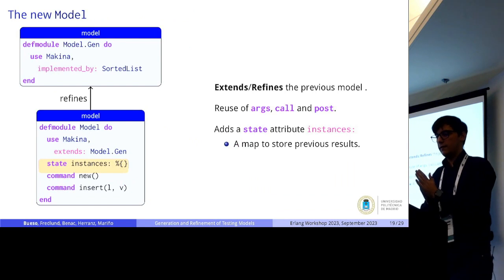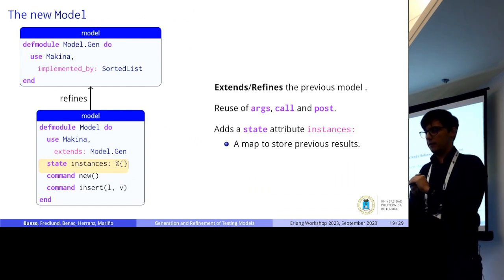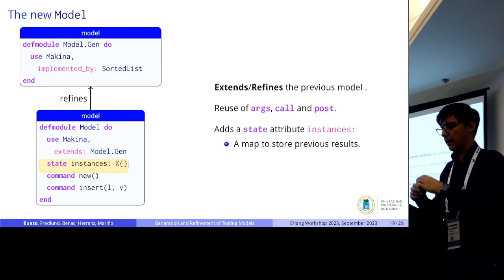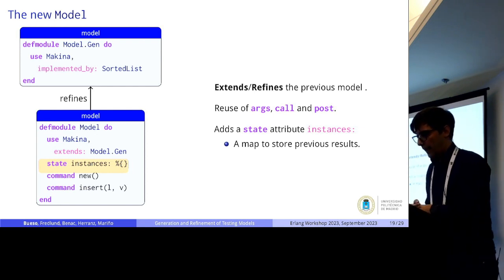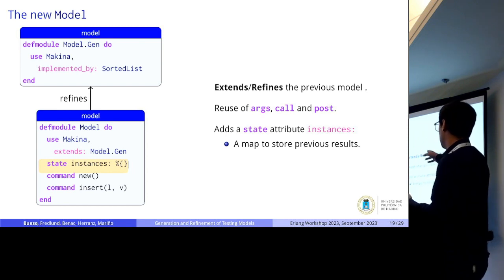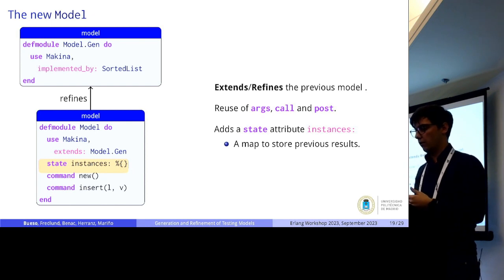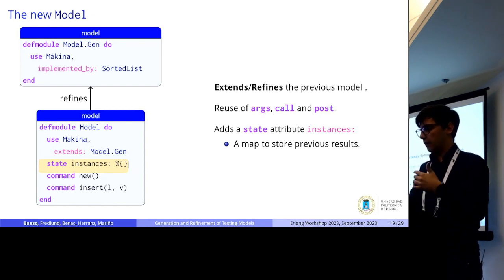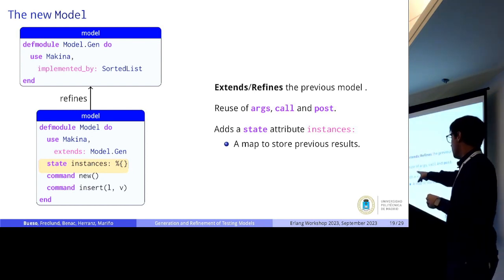This new model, as we have said, extends the previous one using the Makina refinement option. And this is useful because that way we don't need to redefine all our previous behavior in ask, call, and post. And this new model just adds a new